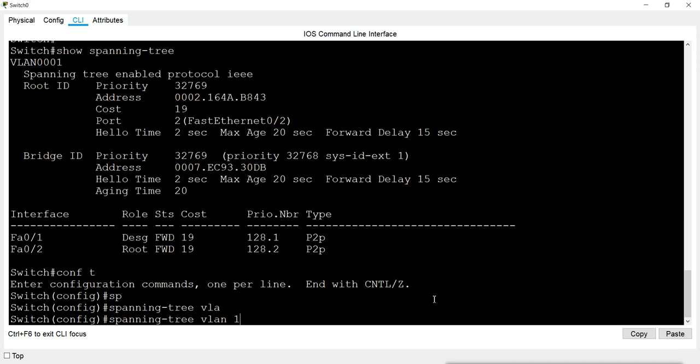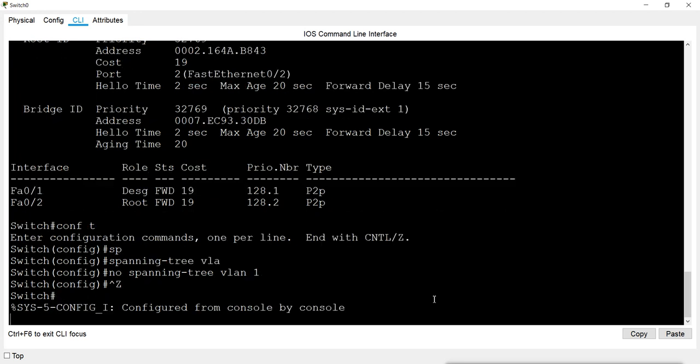Now if we want to disable it, I will add no before it: no spanning-tree vlan 1. This will disable the STP protocol on this switch.